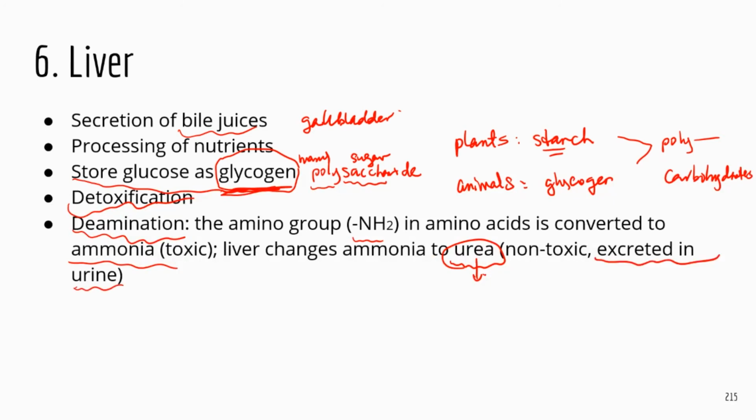Again, urea is a metabolic waste, right? Your body utilizes proteins, and the amino acids are the building blocks for proteins, right? So when you metabolize proteins, metabolize amino acids, there's going to be urea generated in the end as a metabolic waste. So this kind of metabolism is done by the liver, right? Convert amino acids to ammonia, but then ammonia is toxic, so ammonia will be further converted to urea, and then you get rid of urea in the urine.